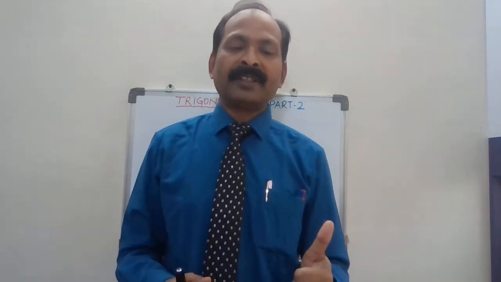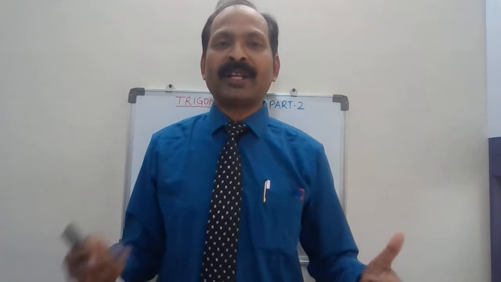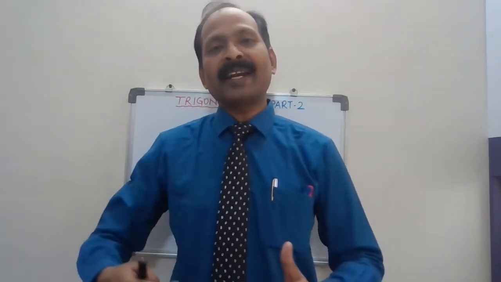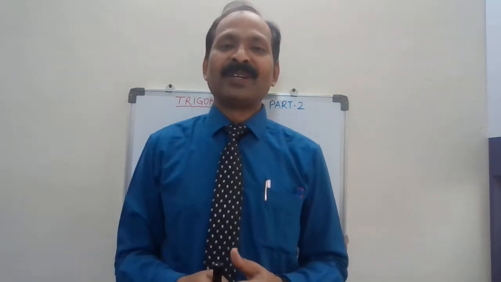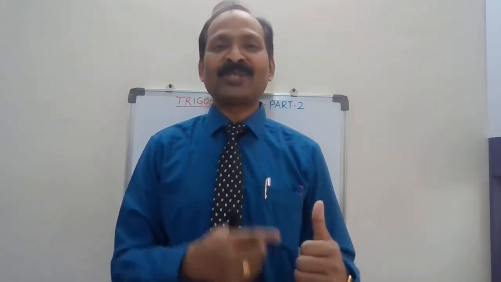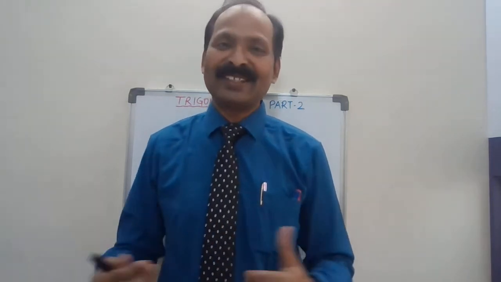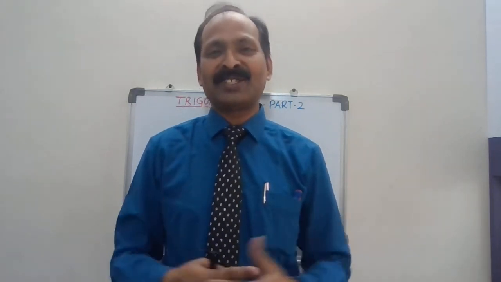And then whenever there is an identity that is square based, you know the relation sine square theta plus cos square theta is 1. Cosec and sec, I call them big brothers. So the relation is negative. Cosec square minus cot square is 1. And sec square theta minus tan square theta is 1. So you have to remember these three identities.